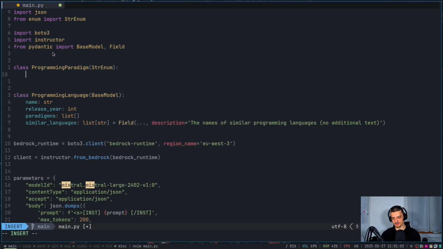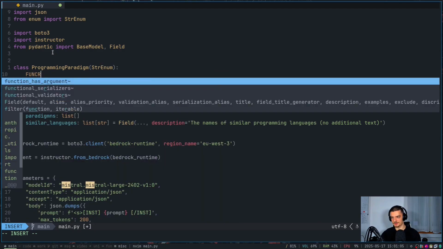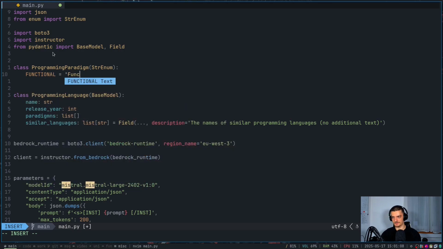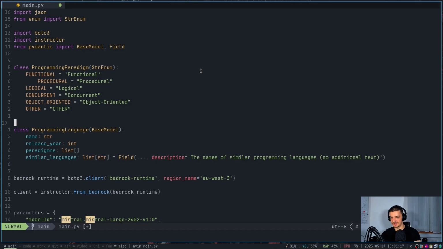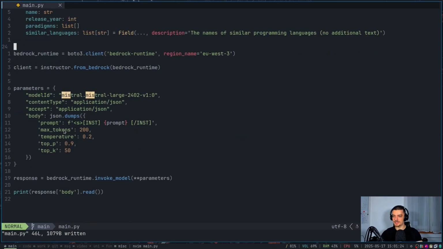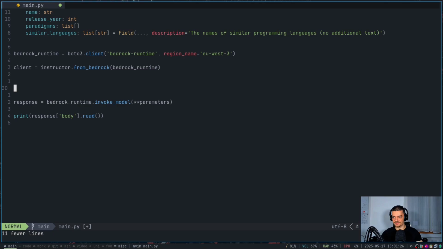And then we can just do some stuff like, I don't know, functional is equal to functional. And for the rest, I'm just going to copy paste because I don't want to do this here manually, just wasting your time. There you go. Procedural, logical, concurrent, object-oriented. Feel free to add whatever you want. I have an other here. And now we can do something else. We can remove all of that, and we can say in a way that's very similar to the basic OpenAI API and so on, we can just say